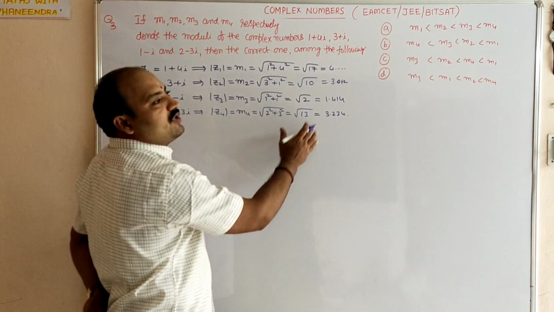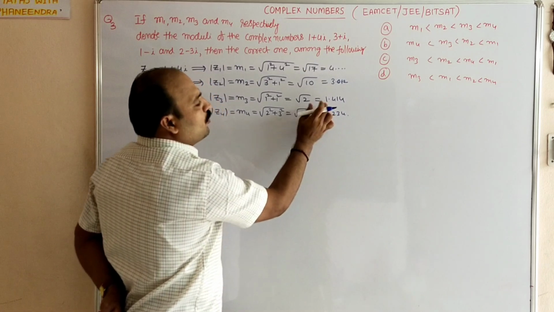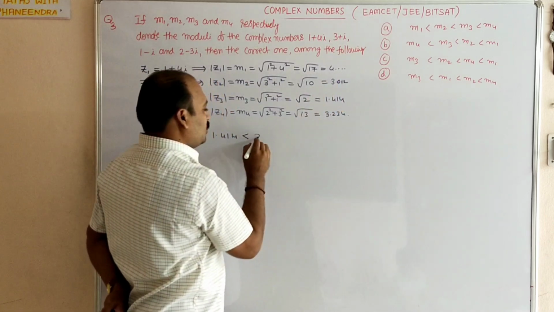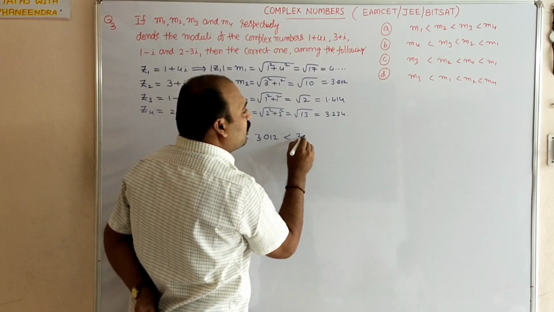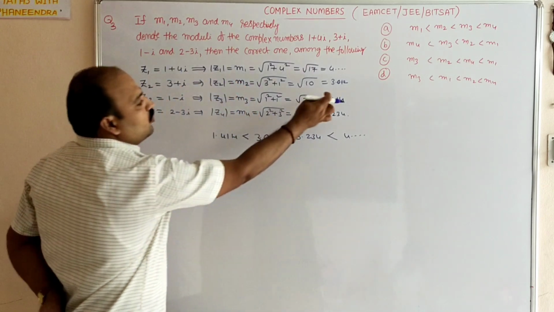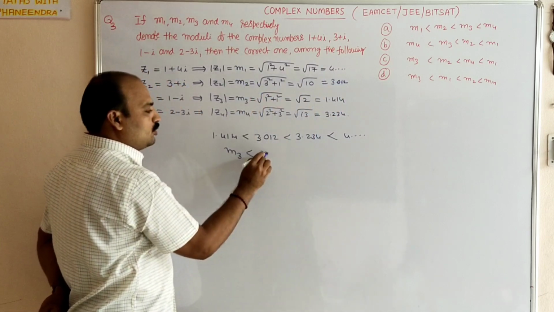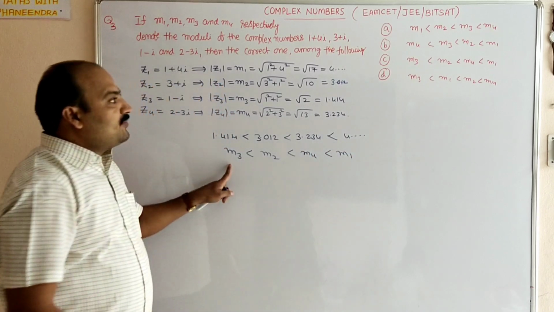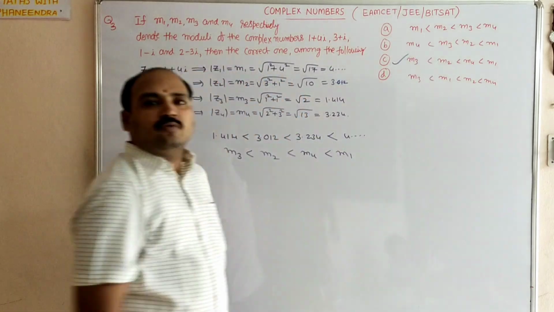So among that, which order is the right value? That we can check. So among these values, first one is 1.414. This value is less than 3.16, this is also an approximate value. This value is also less than 3.6, which is also less than 4 point something. So 1.414 is the value related to M3, which is less than 3.16 related to M2, which is less than 3.6 related to M4, which is less than the value related to M1. So M3 is less than M2, is less than M4, is less than M1, which is there in the third option. We will move to the next question now.